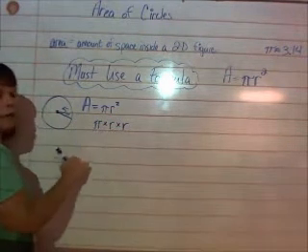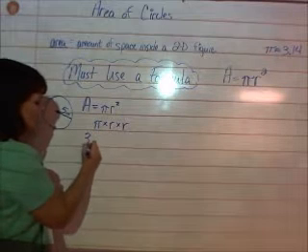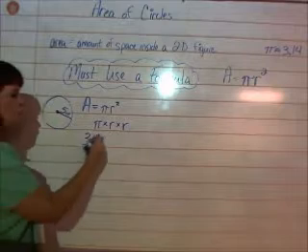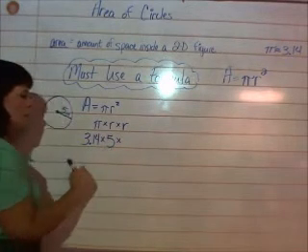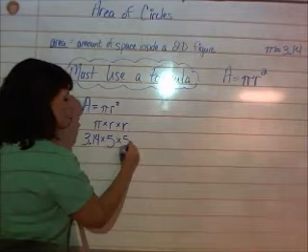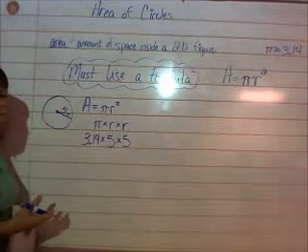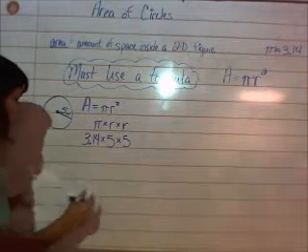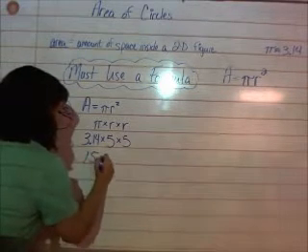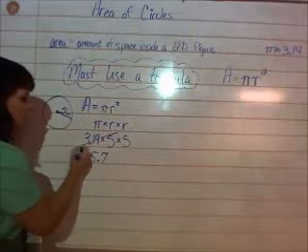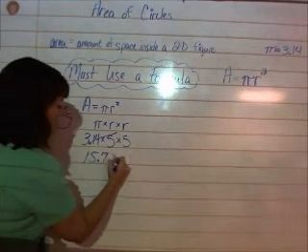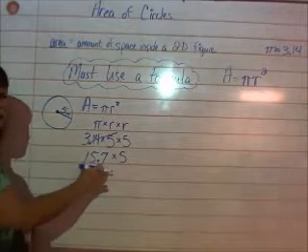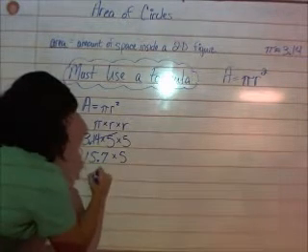Well, now I've written it out long ways. Now I'm going to plug in my numbers. 3.14 times the radius of my circle is 5 times the radius of my circle, again, is 5. The only thing I have left to do, multiply. 3.14 times 5 is going to be 15 7/10. Then I multiply it by the number I haven't used yet. 15 7/10 times 5 is going to be 78